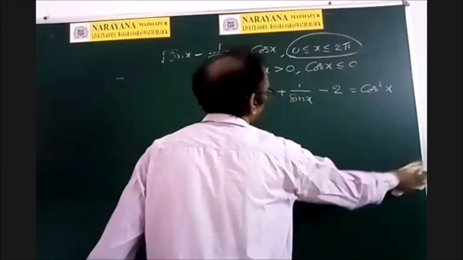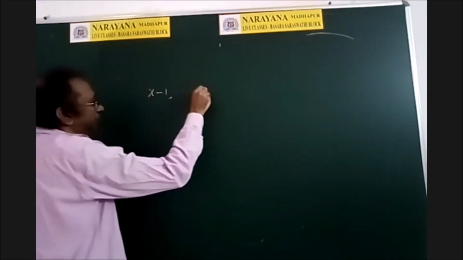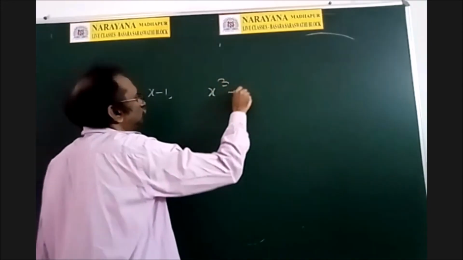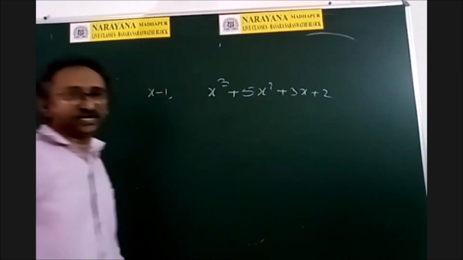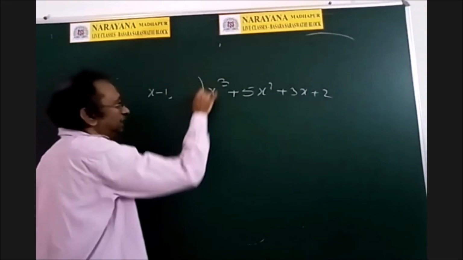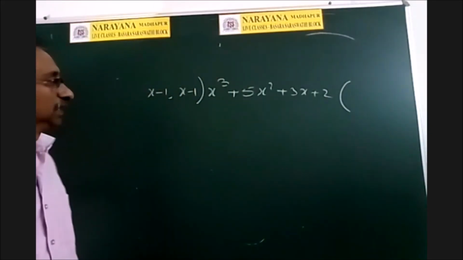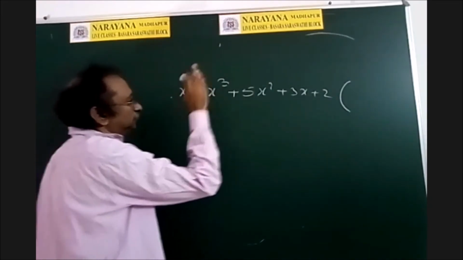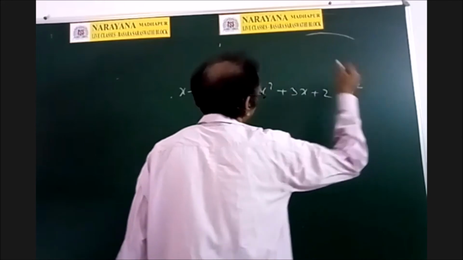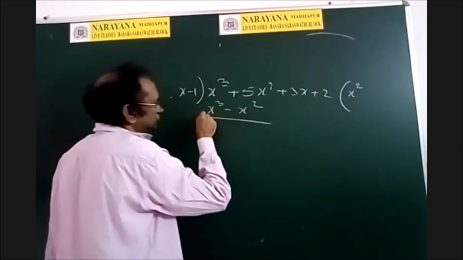So see, what is that division? That is called synthetic division. Suppose I have to divide the expression x cube plus 5x square plus 3x plus 2 by the expression x minus 1. So previously in our earlier classes, we did it like this. Now suppose there is x minus 1. So we have to multiply this with x square to get x cube. So x square, that is x cube minus x square, subtraction.